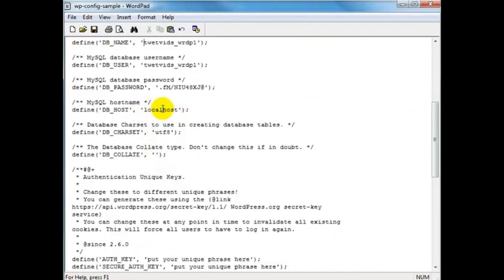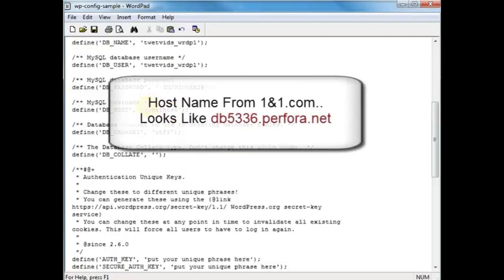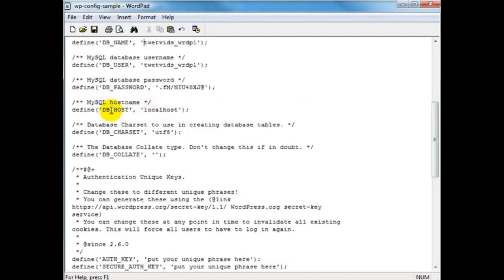And the localhost, by the way, this does bear mentioning, 99% of the time this will remain intact. It will remain localhost. But some web servers, or web service companies like 1&1, for example, theirs is not localhost. It's a big long line of stuff, but what you'd want to do here is put in the host name, the database host name. Again, most every time it's going to be localhost, but for those of you that are on 1&1 or